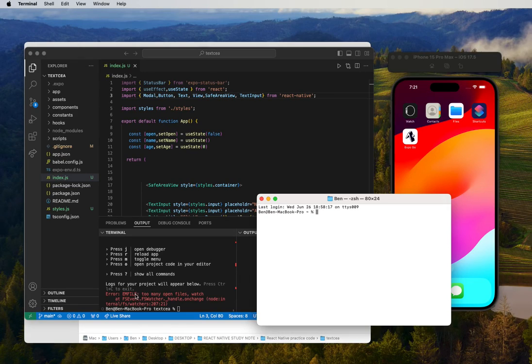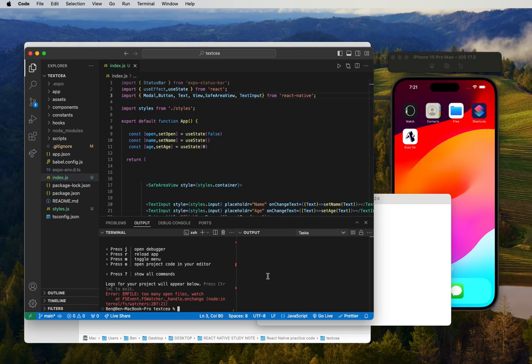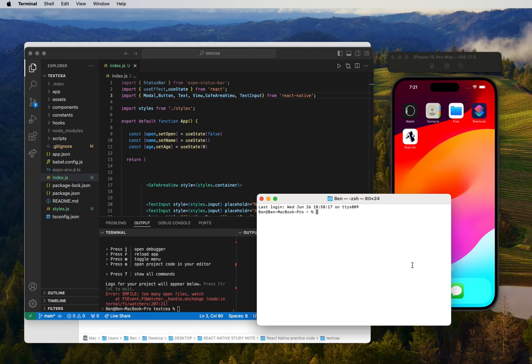To this error, which is error EMFILE, too many open files. Watch at this FSEvent.FSWatcher. You need to first look at and see if you have open more than probably 5 to 7 files. You need to close all and try and see. If it keeps showing like that, then you need to open your command prompt and try to